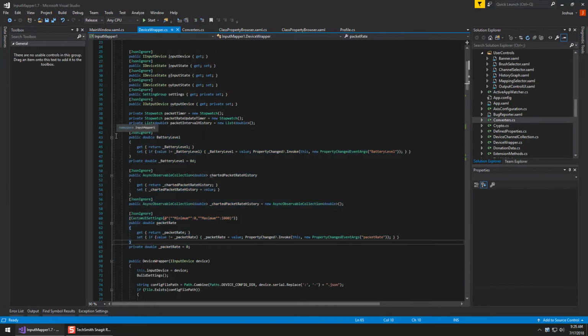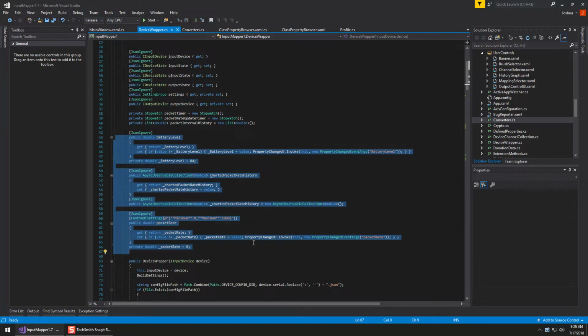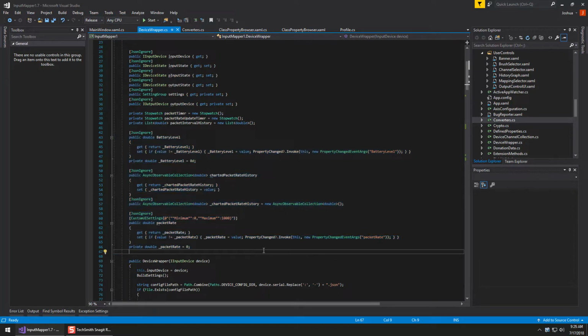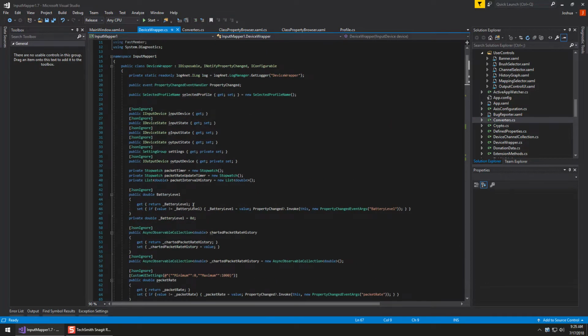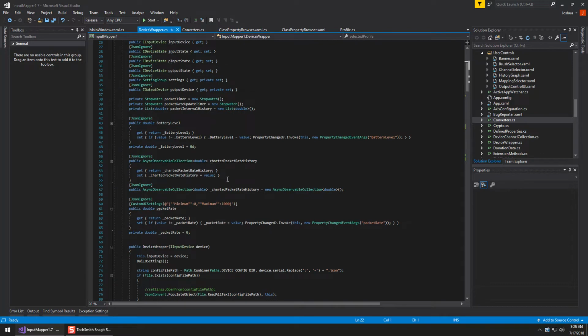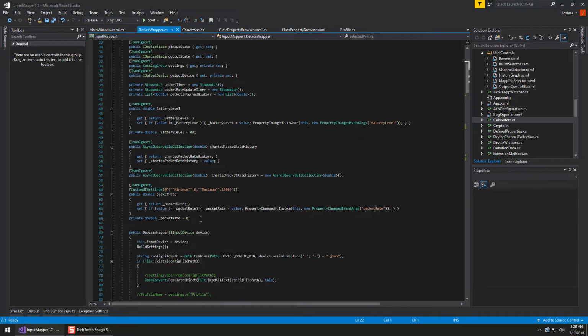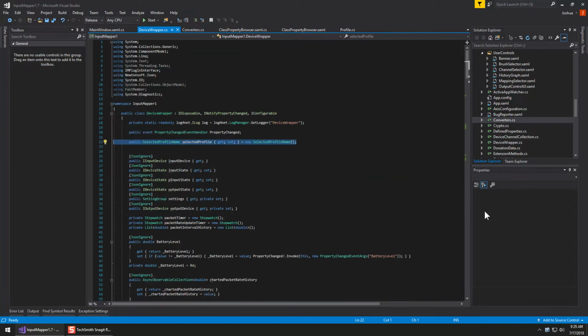So all that code basically turned into this. Actually, most of that stuff turned into this, which is the profile selector. And that's about it. Yeah, those 20 to 50 lines of code down there turned into this one line of code. So